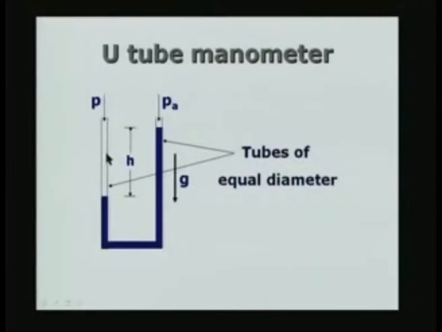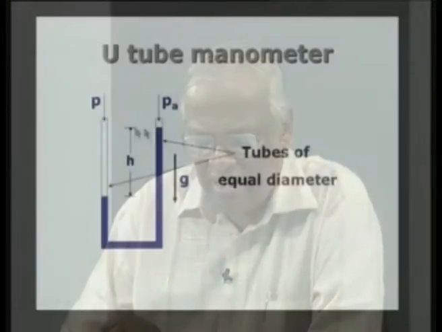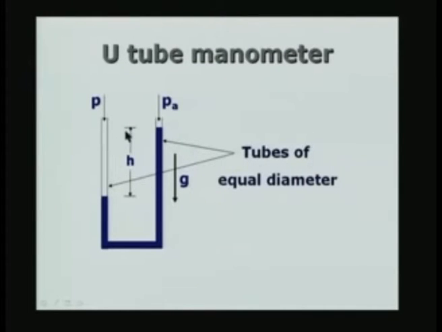The diameters of the two vertical tubes here, this one and this one, have to be equal. They need not be, they can have any value in principle. Normally in practice we use diameters of the order of 3 to 5 millimeters of inside diameter, usually made of glass, so that you can see the manometer liquid inside, and also we have a scale which is attached to the column here, so that we can measure this meniscus or this level as well as the other level, and by taking the difference we will be able to measure the head H.